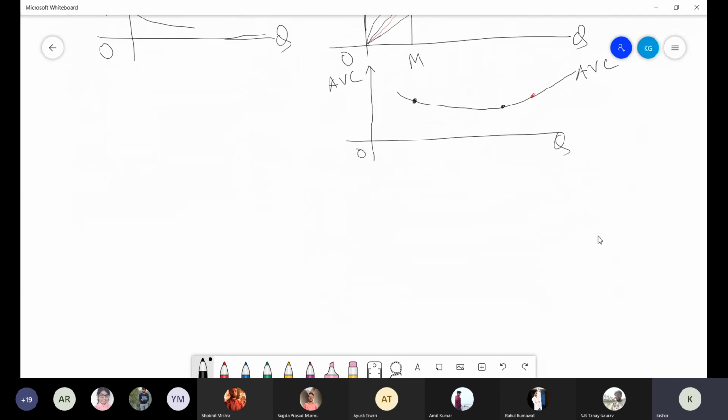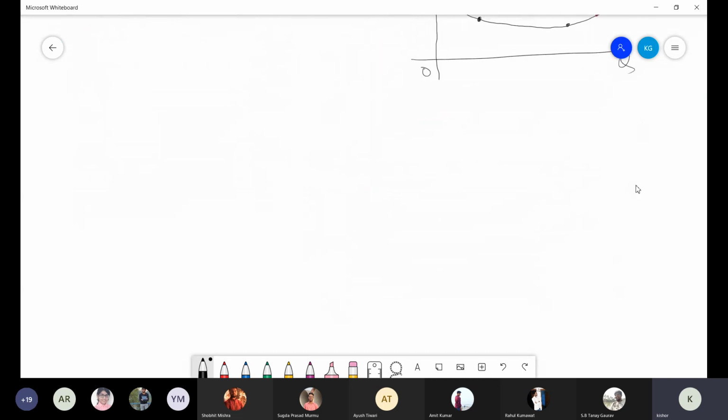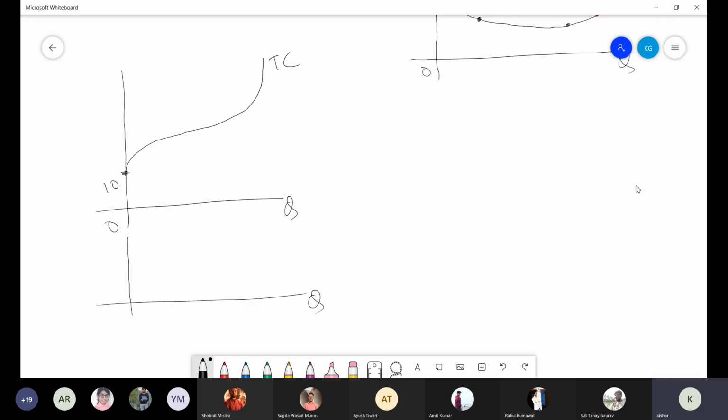So in that way, if you draw a curve for total cost, it is more or less the same shape. But it will start from here. This might be representing your fixed cost component in the short run, 10. And this is your total cost. Accordingly, here also you will have your AC, average cost. You are getting a curve similar to this one. This diagram is not good, but anyway, something like that.